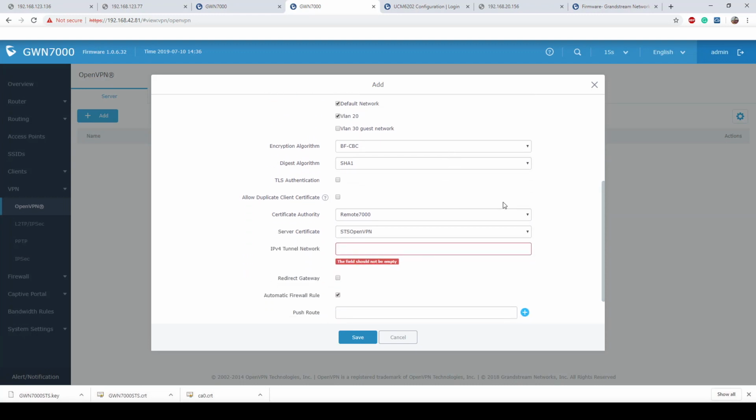Encryption type, I'm going to leave it as such. And as you can see, the certificate authority is going to be the remote 7000. That was what we've created earlier. Server certificate, site-to-site OpenVPN, and now we're going to do the VPN tunnel network. Now this is going to be the actual network that's created to connect both the client and server network, and